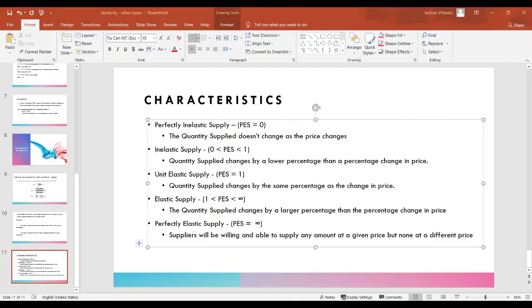Alright, so that's it for the topic elasticity. Do you have